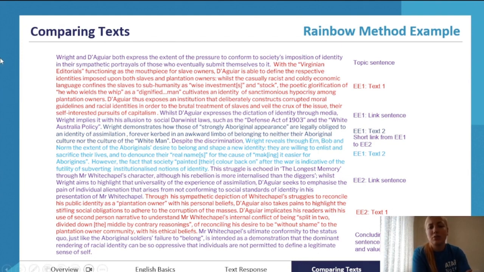I won't go through it. It's extremely long, but it's very, very well done. It uses The Longest Memory, which is, I know, a very common text for your comparatives. So you can pick a lot of vocabulary and ideas that you can use from here. And it does use Black Diggers, which is not on the study design anymore, but it does have some similarities to Seven Stages of Grieving, and is a play also, so you can take some ideas from that as well.